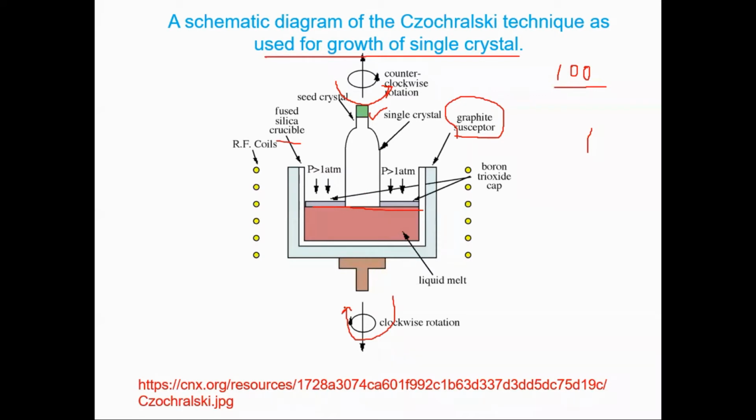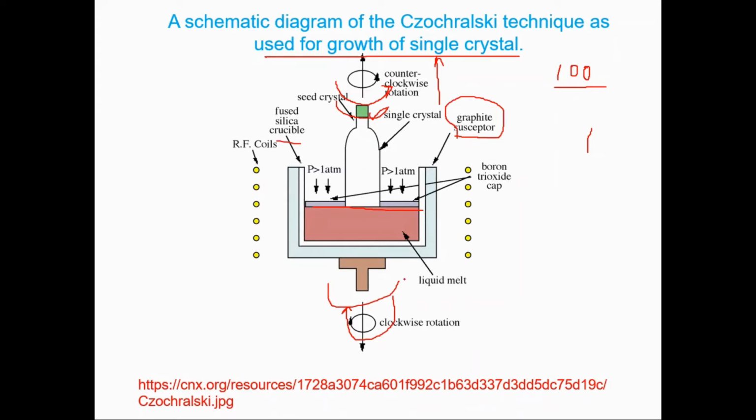So at that moment, what happens? This is moving in this direction, and this is moving in this direction. So this gives us a cylindrical structure. It is also being pulled in this direction. As we know, the strength of silicon is very high, so this small seed crystal can support a very heavy ingot. I will also show you the video in this regard so that you get the idea